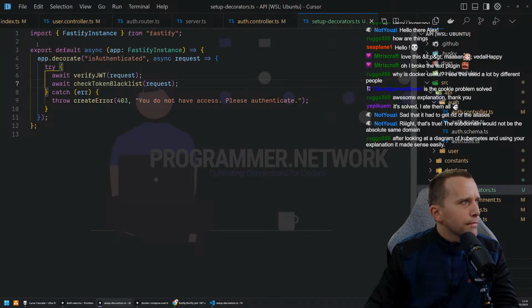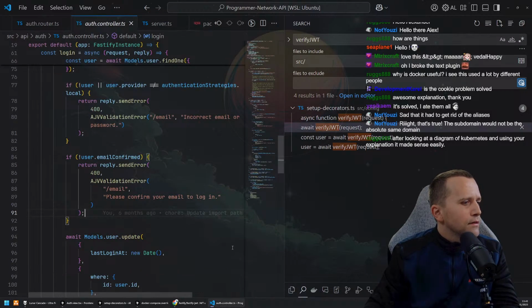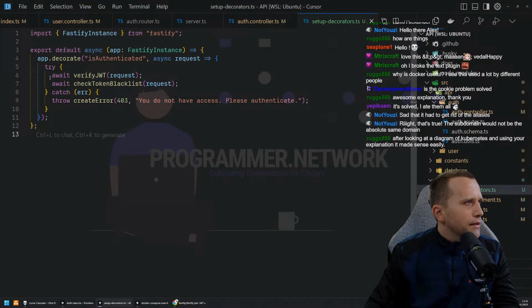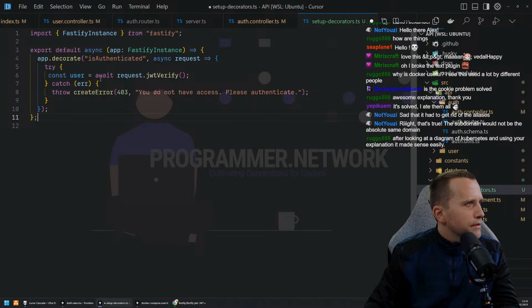All right, so this is very good. I like this. This is really what we need. And instead of verify JWT here, because I'm not going to be carrying over this thing, we'll just call the request and then verify the user like this, right? So I'm actually going to close this. I no longer need it. And here we're going to simply await. We simply, I'm going to actually get rid of this. And actually, I'm just going to await this because this is going to throw. I happen to remember that this JWT verify is actually going to throw. And the only thing I dislike here is that this JWT verify now, as you can see,